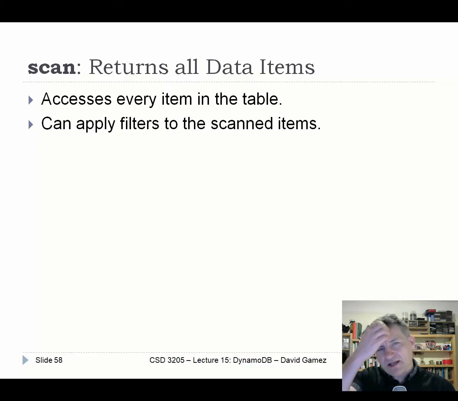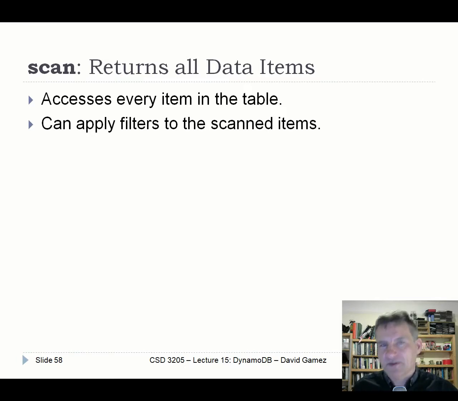Okay, so next thing I want to mention is scan. So that's querying. And as I explained, to query you need to understand partition keys and sort keys, and it's not that difficult once you put a small amount of effort into that. So next I want to cover scan, and whenever you run a scan, it's going to access every single item